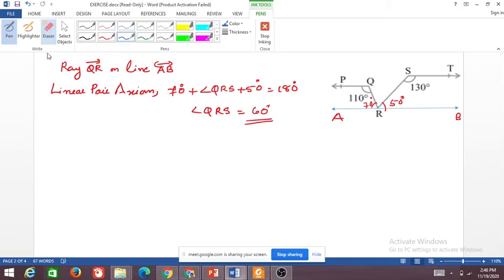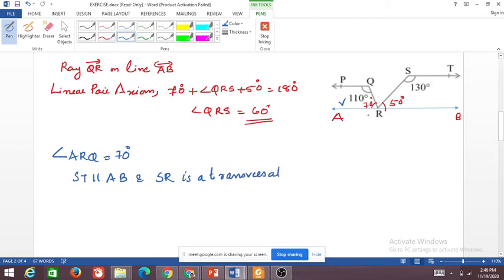I just found out one angle. So let us think that I found angle ARQ to be 70 degrees. Okay. So I found only this one, and then I am thinking, since ST is parallel to AB and SR is a transversal,